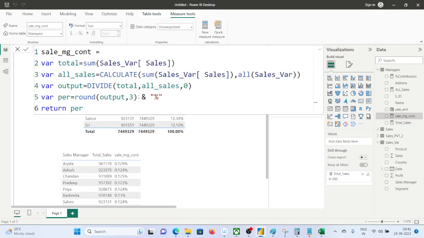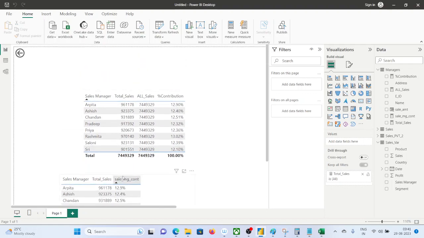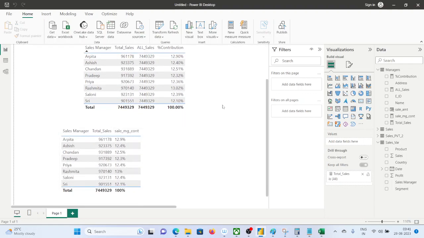This, okay, into 100. Okay, look, exact 12.9, 12.4. So to get the exact output,